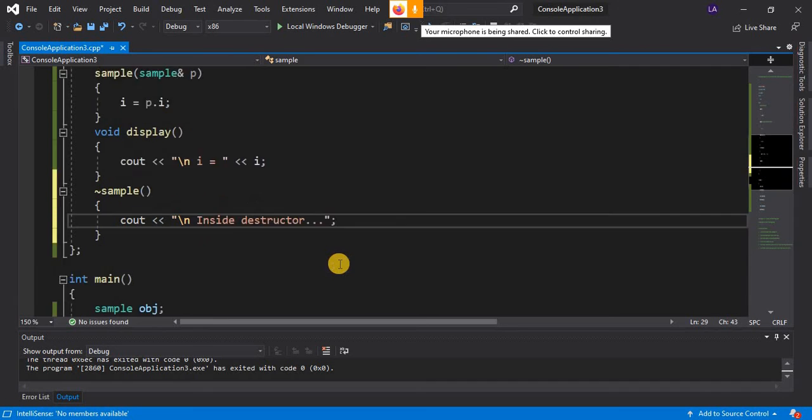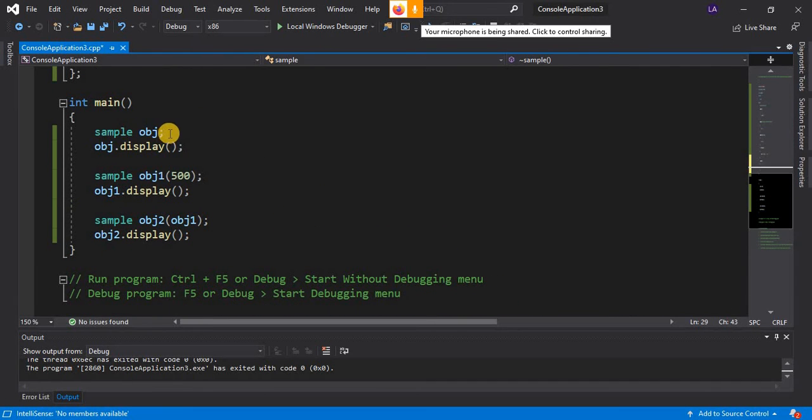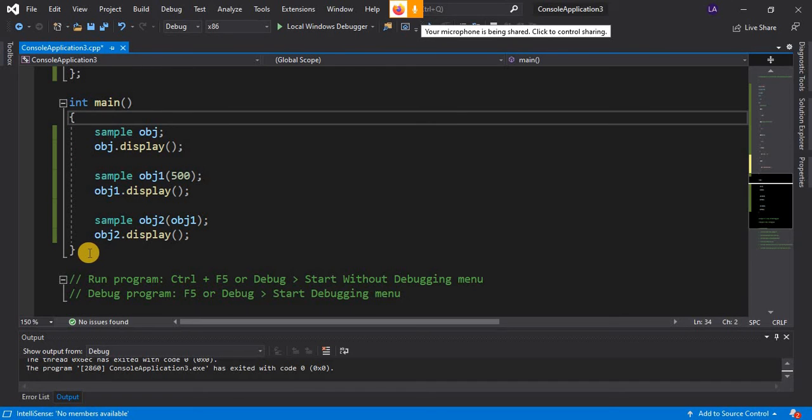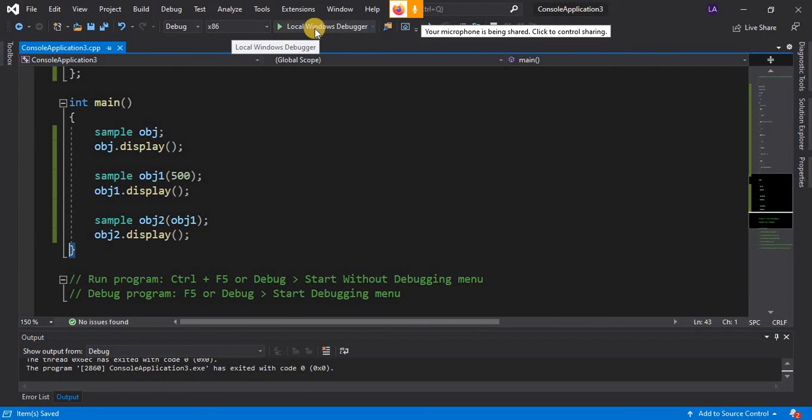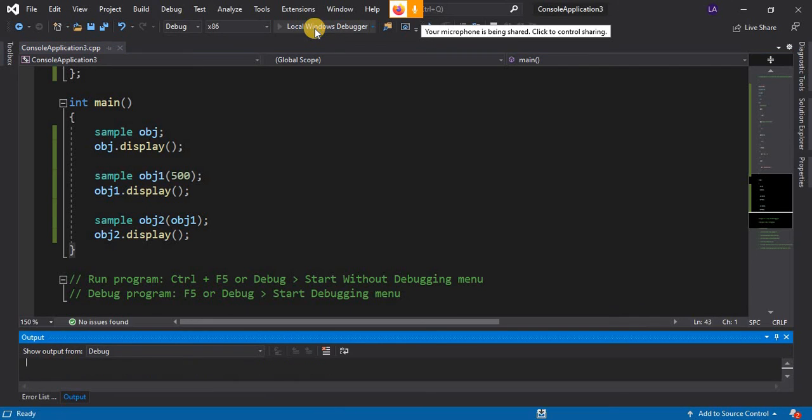So when the destructor gets called, this line will get printed. Let's say here we have created three objects, obj, obj1 and obj2, inside the scope of main. When this bracket arrives, obj, obj1 and obj2 will be destroyed and the destructor will get called for them. So let us try to run the program.